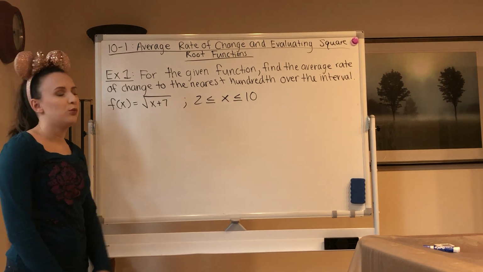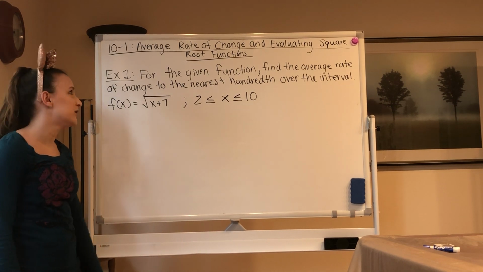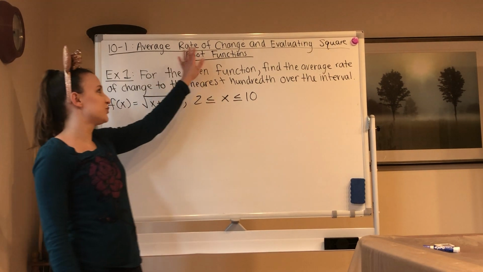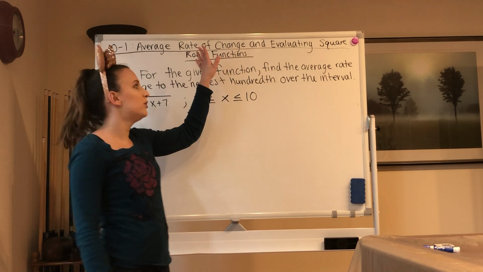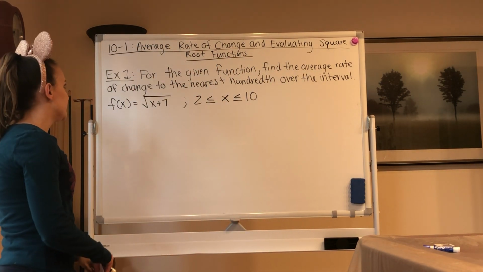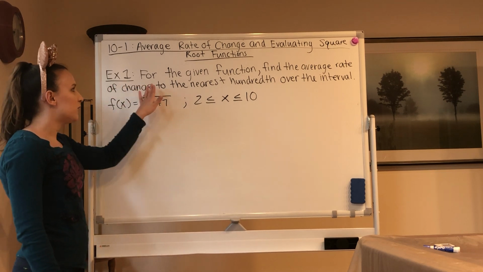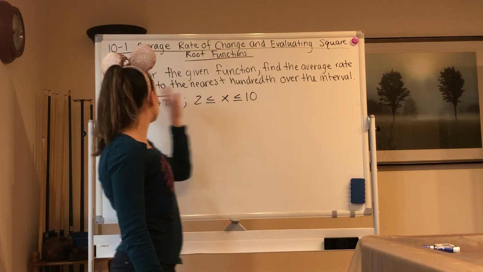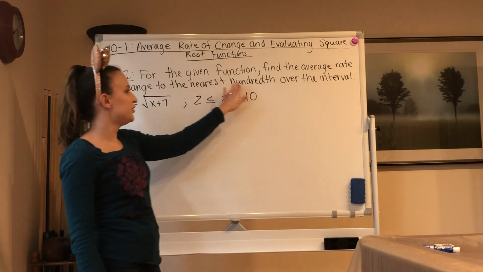2-1. We're still working with square root functions. We are specifically finding the average rate of change today. Remember that slope. And then we're going to evaluate square root functions. Okay, so example 1. For the given function, find the average rate of change to the nearest hundredth over the